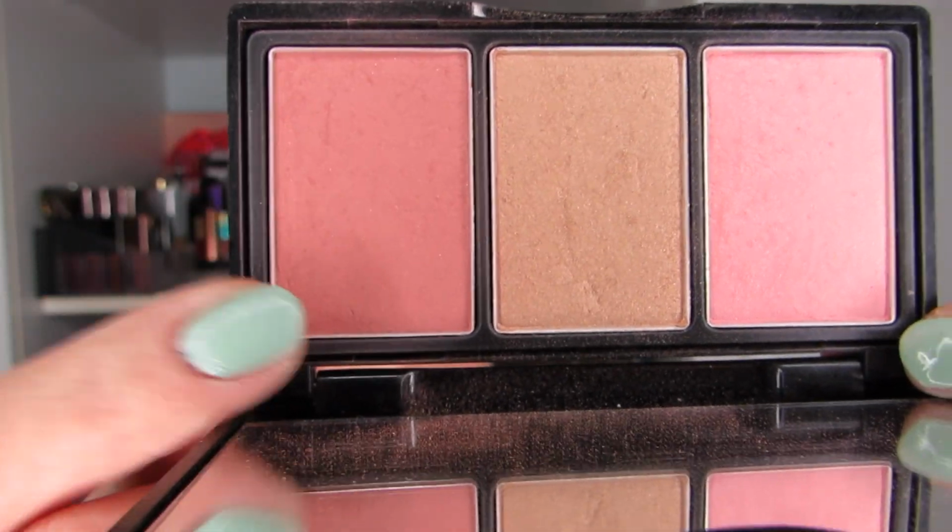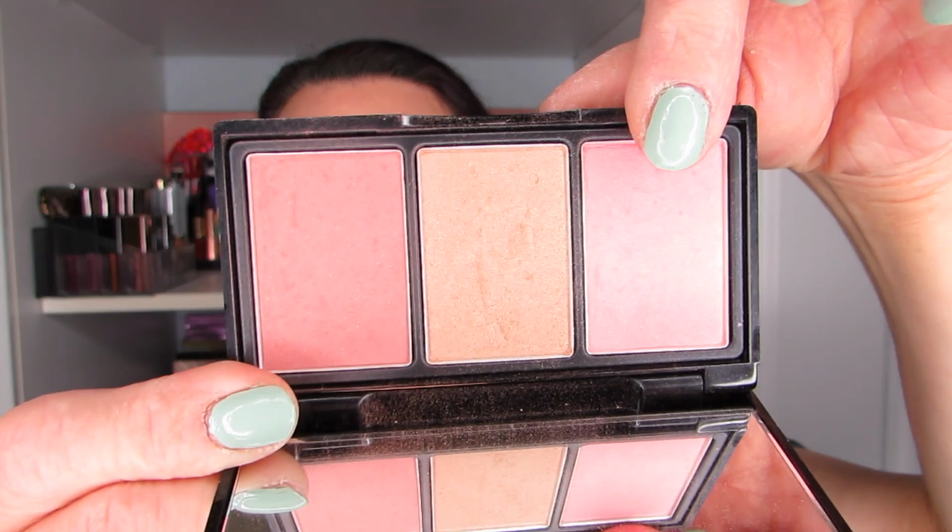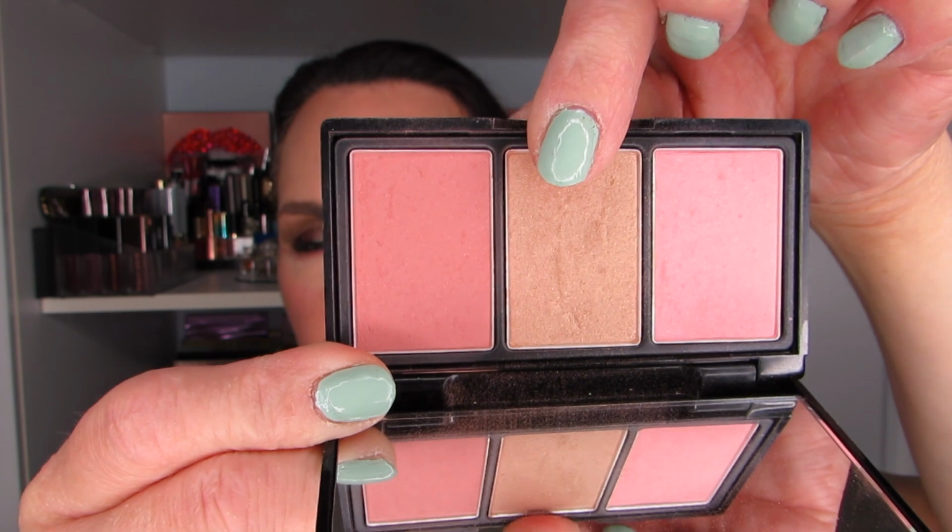Now this one's had more use because I used it longer, but I have really used all of these. Basic blush brush on these 2, and then a fan brush with this highlighter in the center. And I am really happy that I've used it. I don't want to have a panning goal with this. I've used it for 2 rounds, and I'm happy to just move on. Especially with my palette